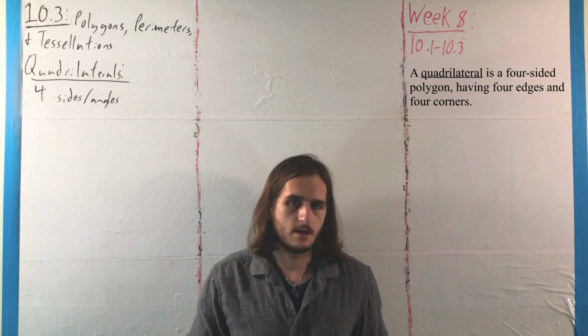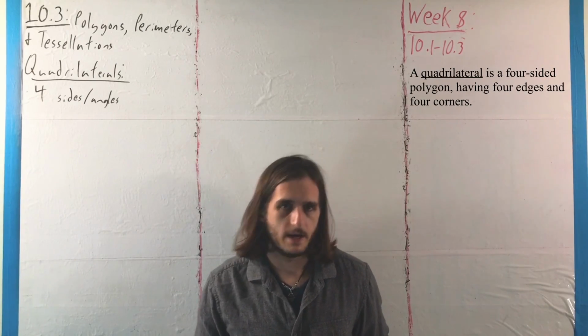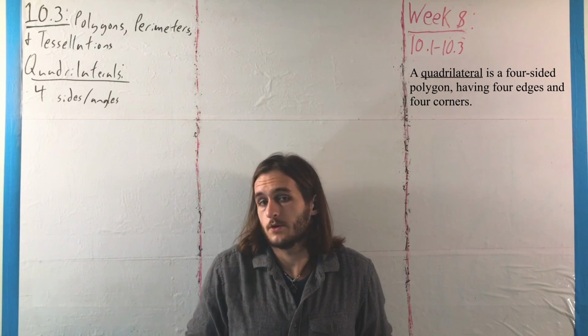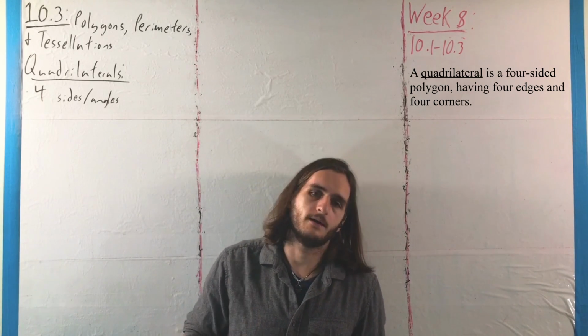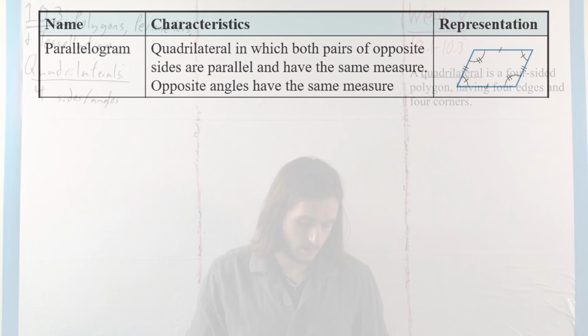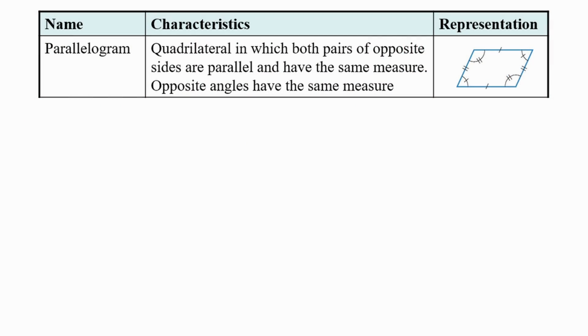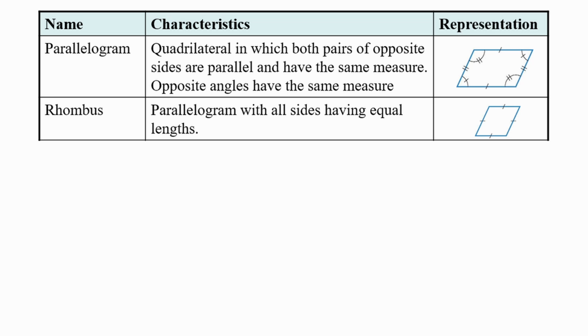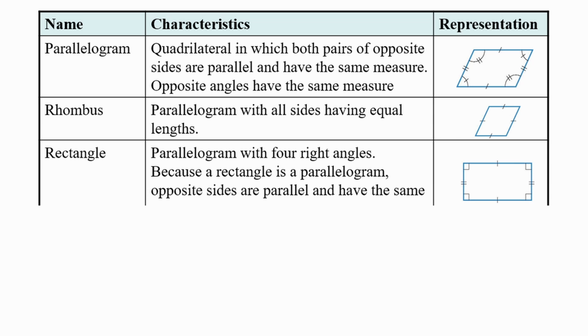Hopefully coming in here, polygons are fairly familiar, as we had with triangles in the last section, where there are a few very well-known patterns for how a quadrilateral can present. We call a quadrilateral a parallelogram if we have two parallel sides each, and in particular this means that opposite angles will also have the same measure. From there we call a parallelogram with all sides having the same length a rhombus,